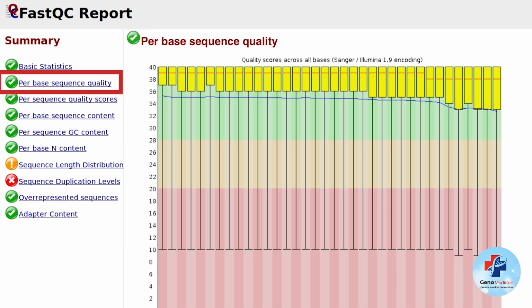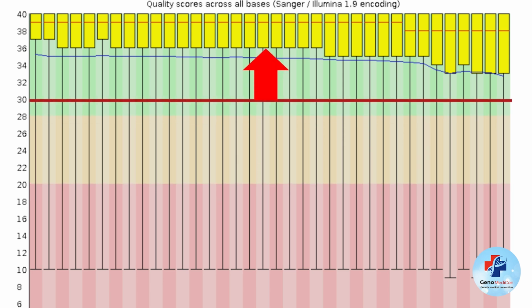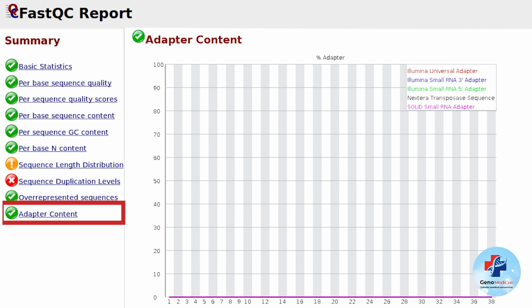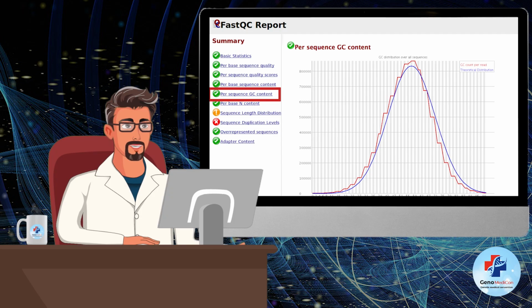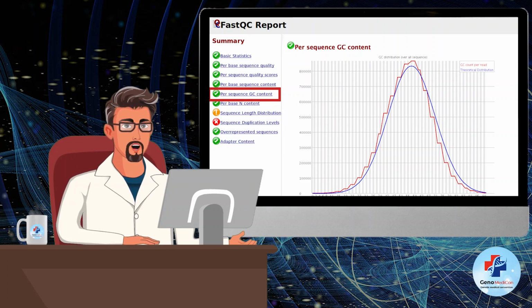Per-base quality scores. Ensure most scores are at least above 20, ideally above 30. Sequence length distribution. Confirm consistent read length unless using variable length protocols. Adapter content. High levels suggest incomplete adapter trimming, which can interfere with alignment. GC content. Look for unusual deviations from expected GC content. It might indicate contamination or biases. Detailed information on each of the metrics from the FastQC tool is present on their official website.